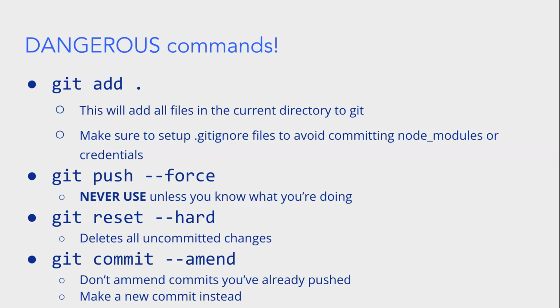such as your node modules file or credentials, or maybe you were working on a file that you're not done with, and then you end up accidentally staging and committing that and breaking your web app. So try to avoid doing this if you can, unless you're really, really sure you want to commit everything in your current directory. And you want to make sure you set up your .gitignore files if you haven't